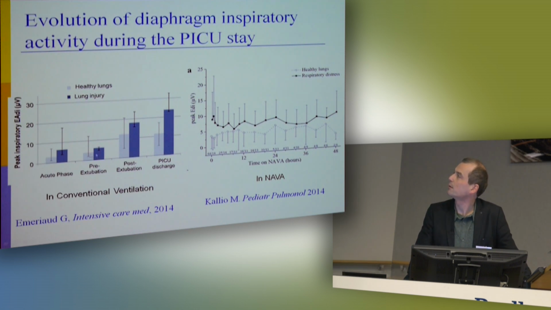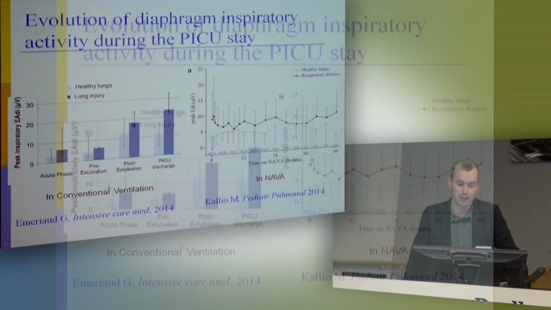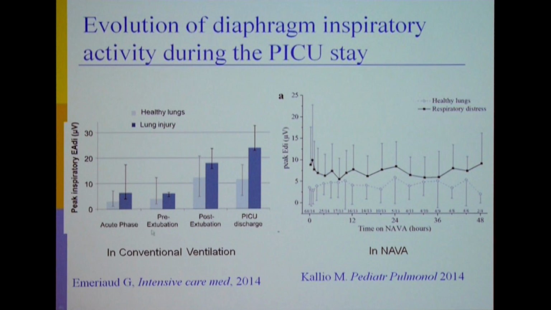This has also been described by Merja Kallio in her large randomized controlled study of NAVA versus conventional ventilation. She described the evolution of activity of the diaphragm in the NAVA arm, and she observed a relatively higher level of EDI than the one that we observed in the acute phase